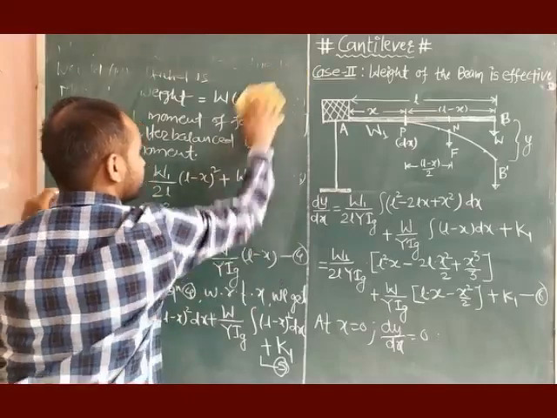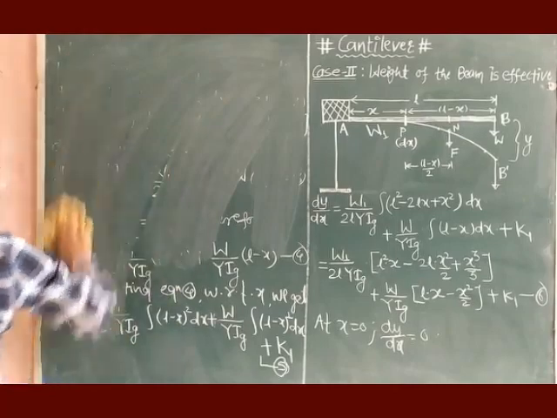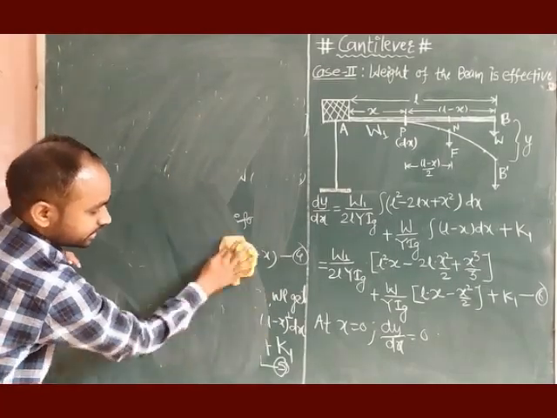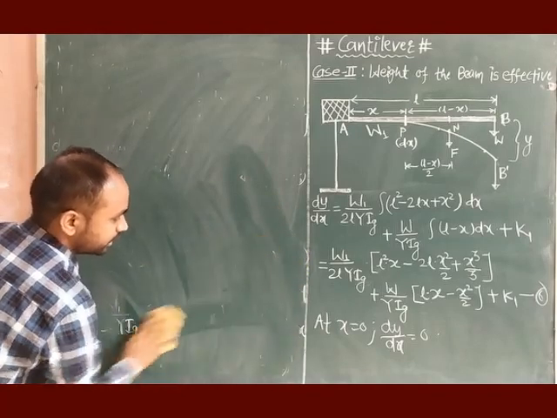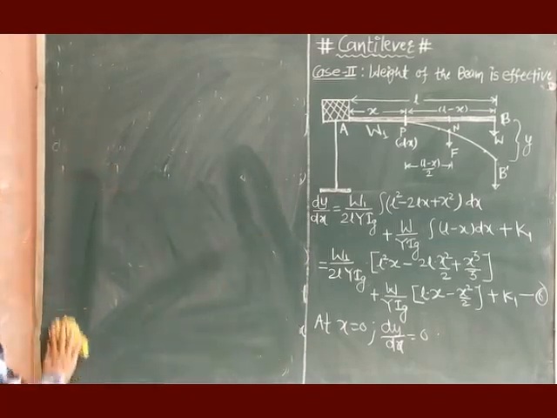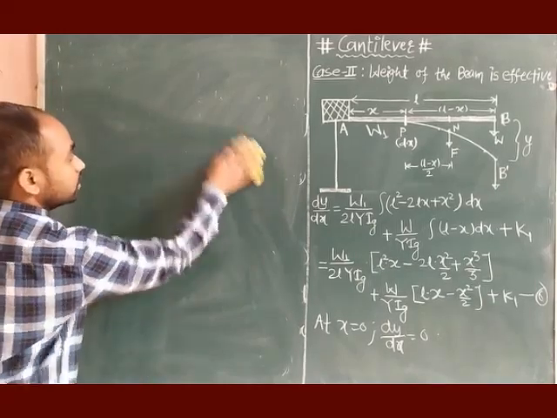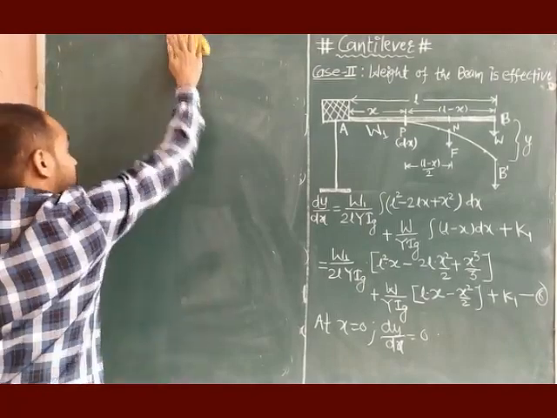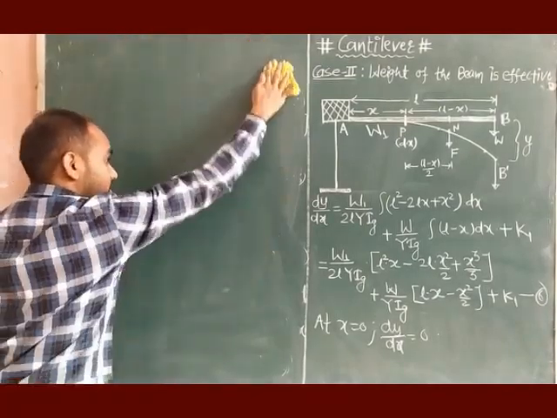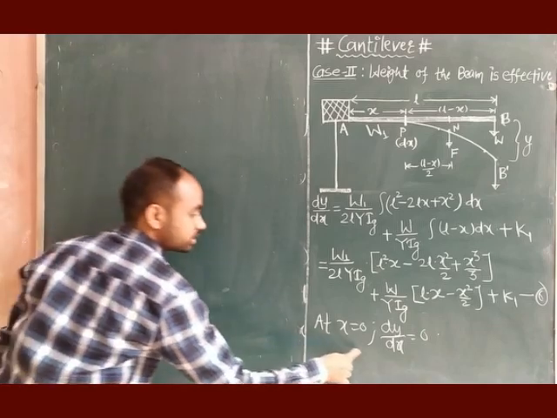Okay, so what is our target now? Next, to get the integration constant. Why have we taken the integration constant? Because this is not a definite integration. That means if we know the exact limits of the integration, upper limit and lower limit, then you need not take the integration constant. But in such cases, if you don't know the limits of the integration, it is necessary to take the integration constant. So here we have taken k1. So let us first of all find the value of k1 by using this boundary condition.